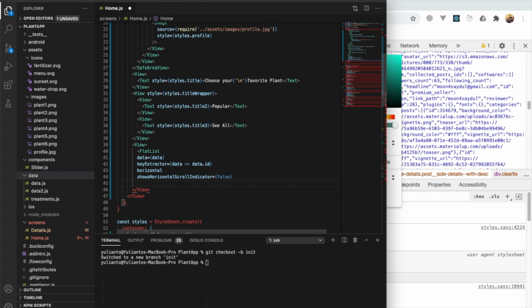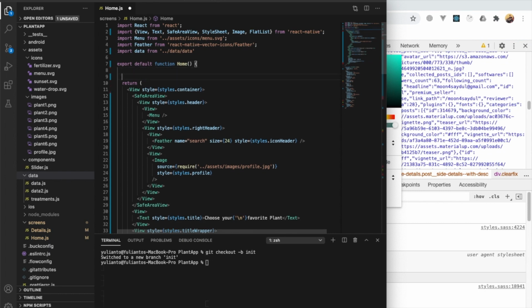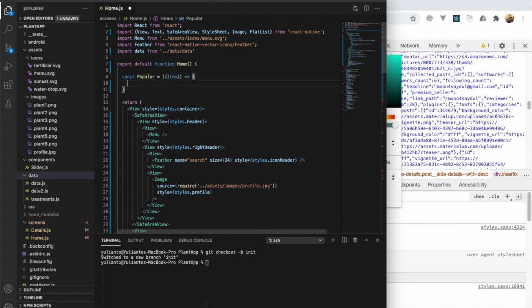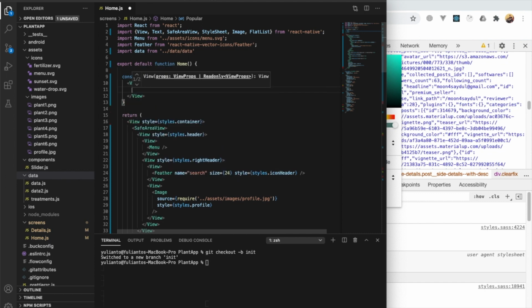the render item, I'm gonna create another component called popular. Okay, I'm gonna create the popular up here, and we pass an item, and we create view, another view,